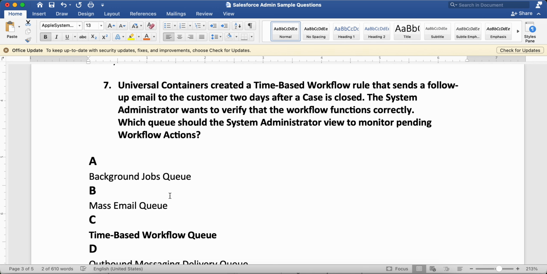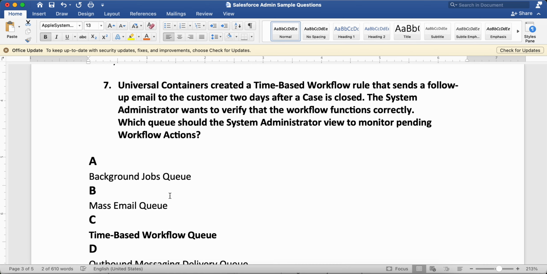It says Universal Containers created a time based workflow rule that sends a follow up email to the customer 2 days after a case is closed. Okay, the system admin wants to verify that the workflow functions correctly. Which queue should the system admin view to monitor pending workflow actions?